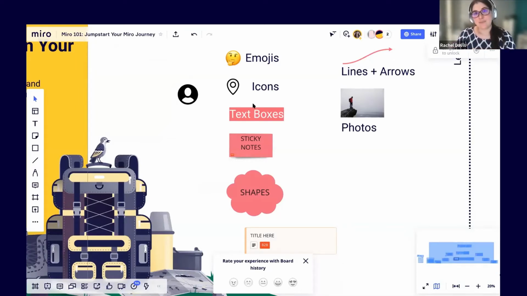The only thing that people you share it with a link cannot do is this: if you, as the owner, lock pieces of the board, and I'll show you how to do that later, they can't unlock it if you set it to only owner can unlock. So if there are certain things you do not want them to move or change, I'll show you how to lock that down. The other thing they can't do is share out that board. They can't change your password to share it. They can't use those share settings because they're not the board owner.